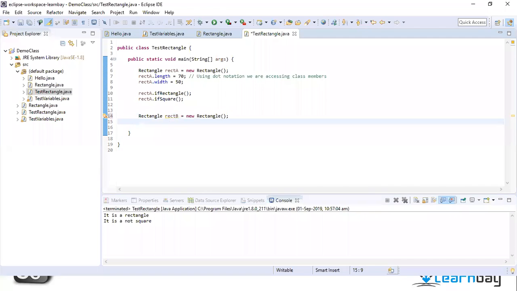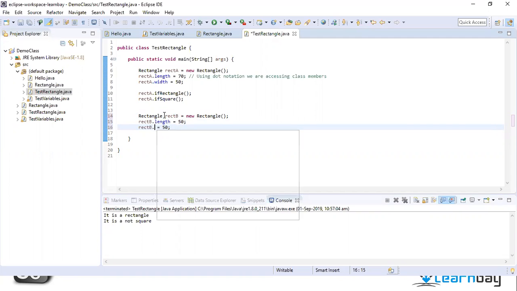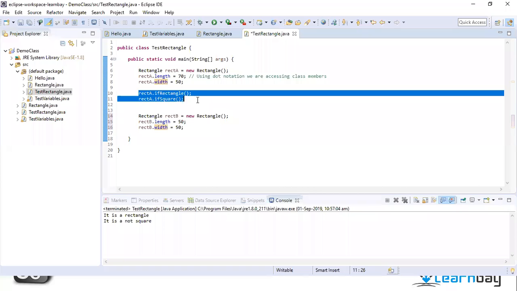Then rect B dot length equals 50, and similarly rect B dot width 50 as well. And then I'm going to call the same methods again